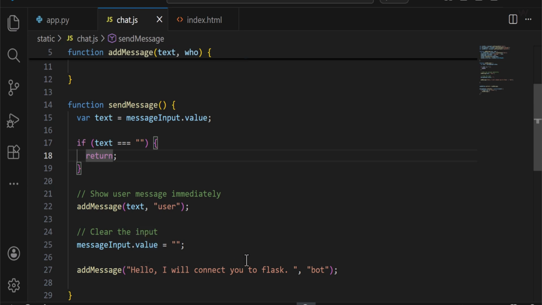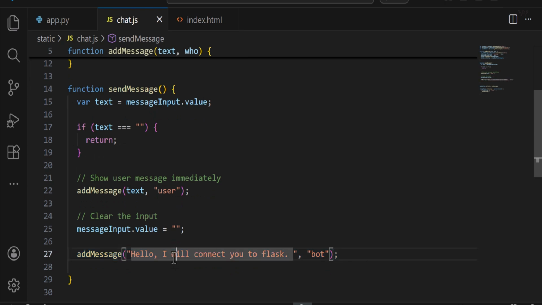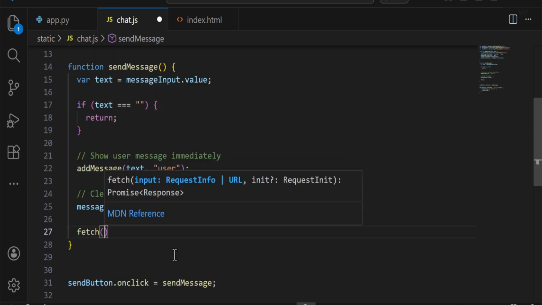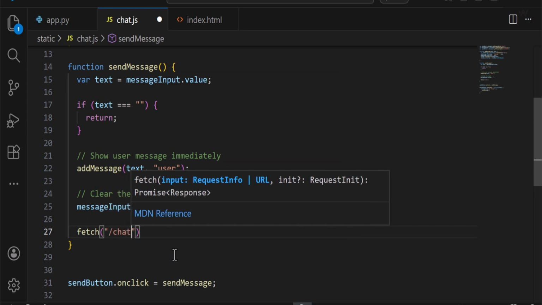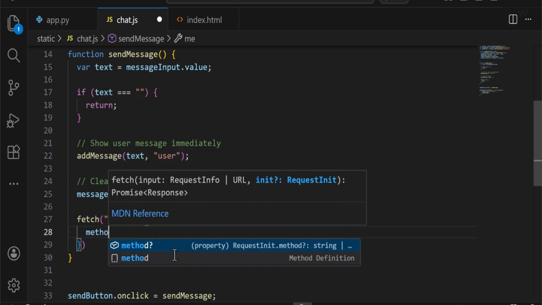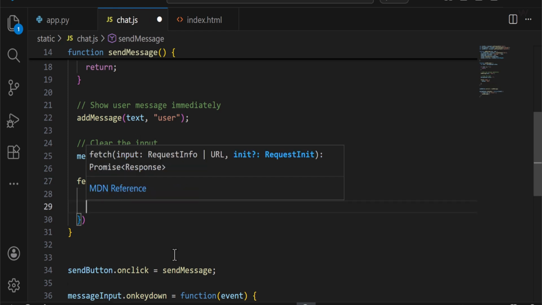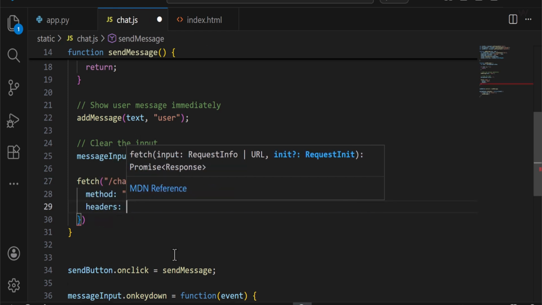Now this time we are going to remove this add message. We're going to fetch from the chat route that we created. So this is the chat route that we created, and then we are going to add some more into it, and then the method should be POST. All right, this is the method that we are using, comma, the headers should be